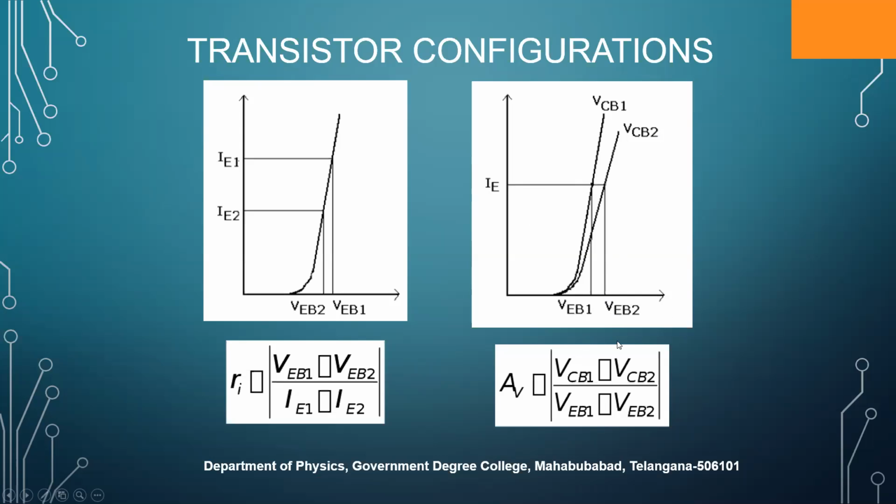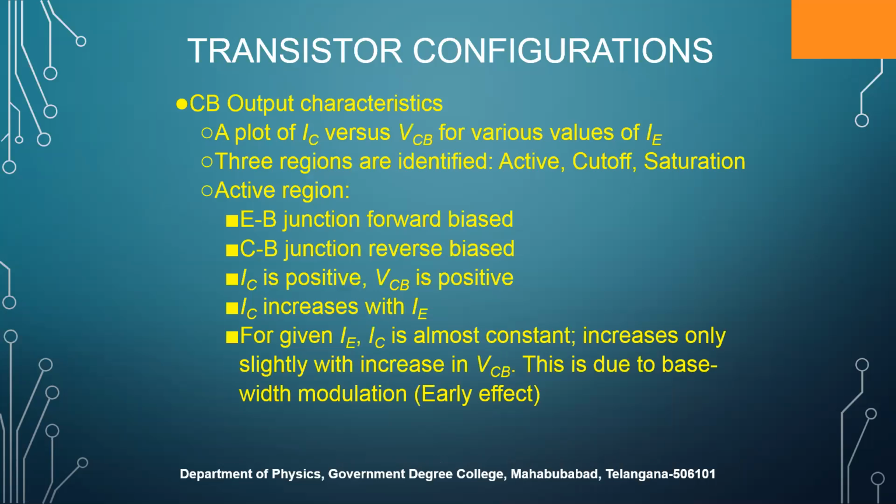By finding these values of VCB1 and VCB2, VEB1 and VEB2, we can calculate AV is equal to VCB1 minus VCB2 divided by VEB1 minus VEB2. By using these formulas, we can calculate the input parameters, that is Ri and AV of a transistor in common base configuration. Next, coming to